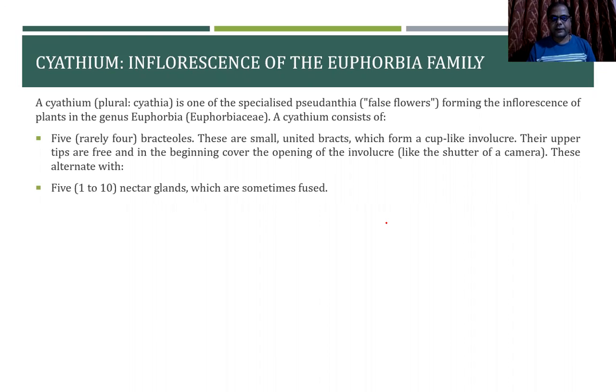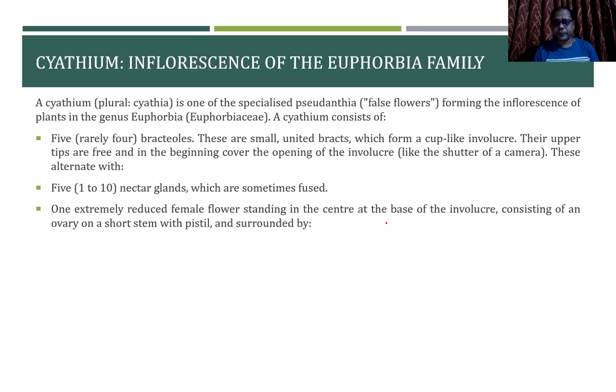These are alternate with five, maybe one to 10 nectary glands. Now these nectary glands are also characteristic features when present on the involucre, and sometimes fused. One extremely reduced female flower is there, standing in the center of the base of the involucre, consisting of